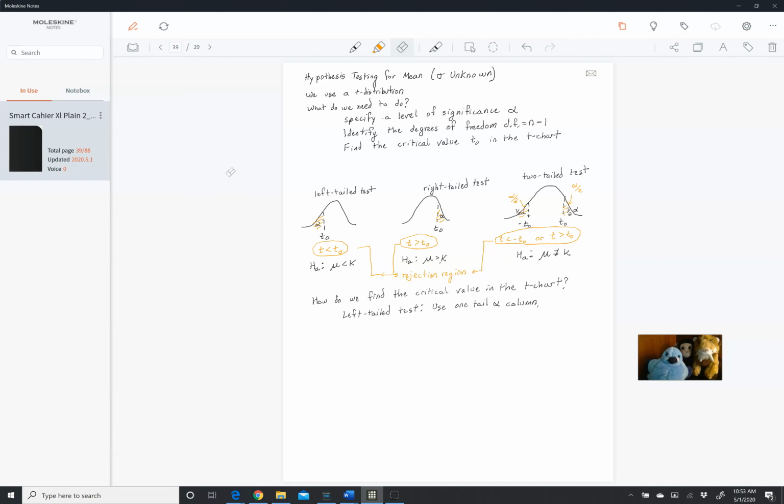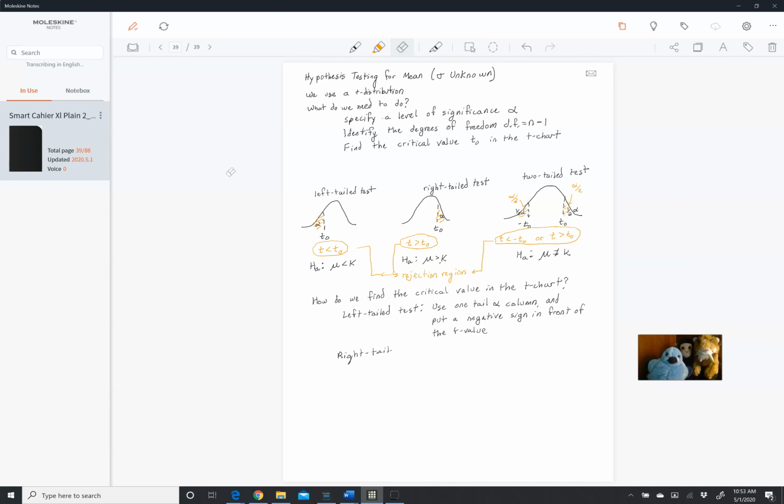And you're going to put a negative sign in front of your t-value. So I'm going to write down what to do first, and then we'll go to the chart and take a look. Then for your right tail test, you're also going to use the one tail,